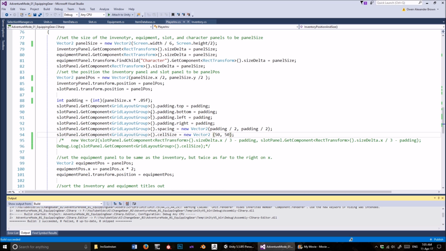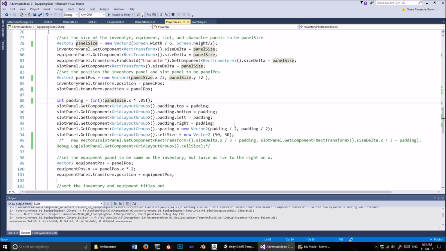So instead of doing that, what I've done is I've made it more dynamic. The padding will always be 5% of the width of the panel size. The spacing will always be half of the padding size on both X and Y. And then this one,